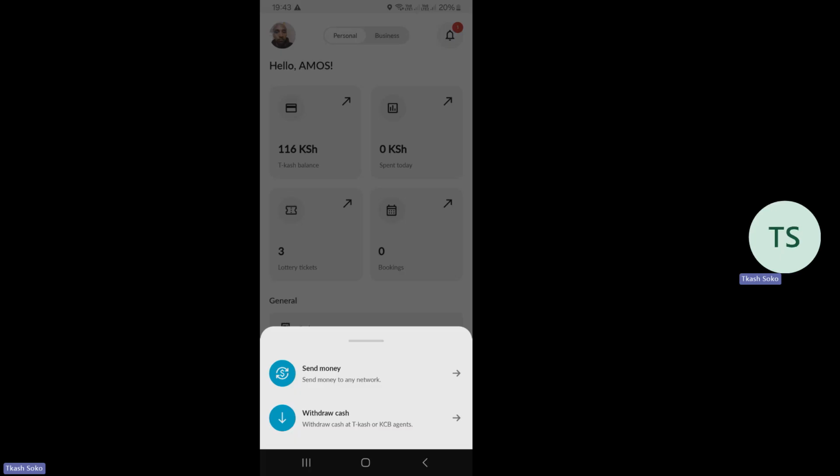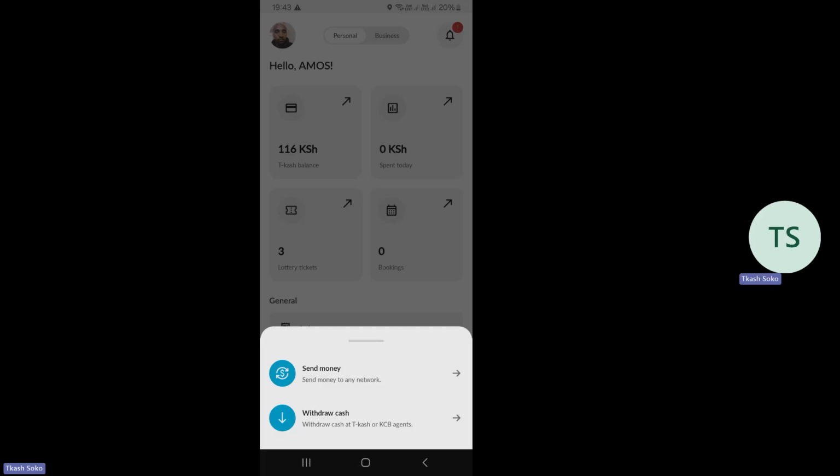Why less than the amount you have? Because there is a transaction fee that is charged. So if a transaction fee will be charged, you must make sure that the money is not less than the amount you want to send plus the transaction fee.